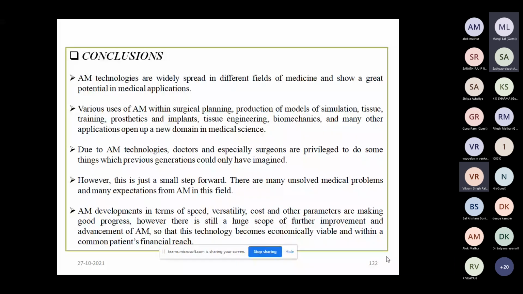Because till now, the material and the techniques are very costly. So we have to work on these cost-effective techniques. Okay, sir. This is all from my side.